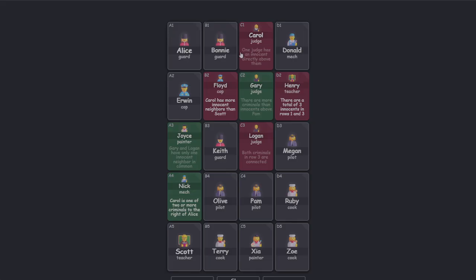So there must be one innocent at most in row 1, and the rest are criminals. And then combine that with Carol has more innocent neighbors than Scott does. And Scott has at least 1. But Carol only has 4 neighbors. 2 of them are already